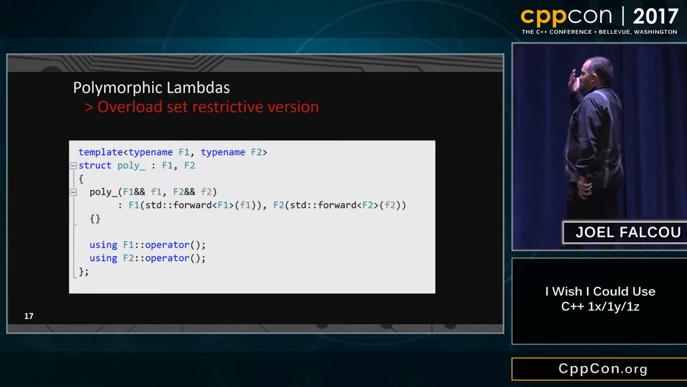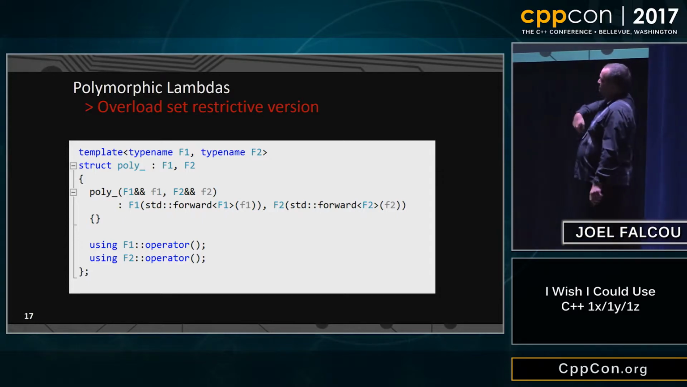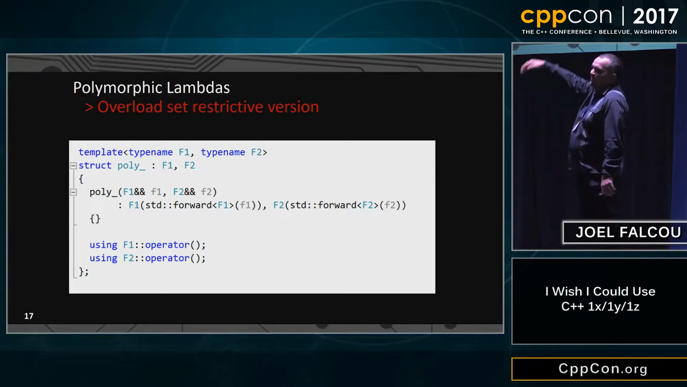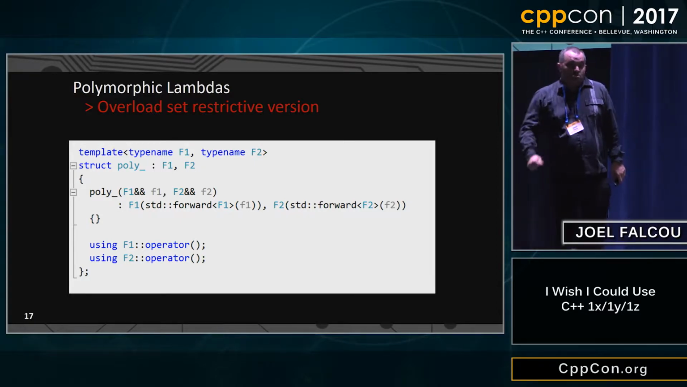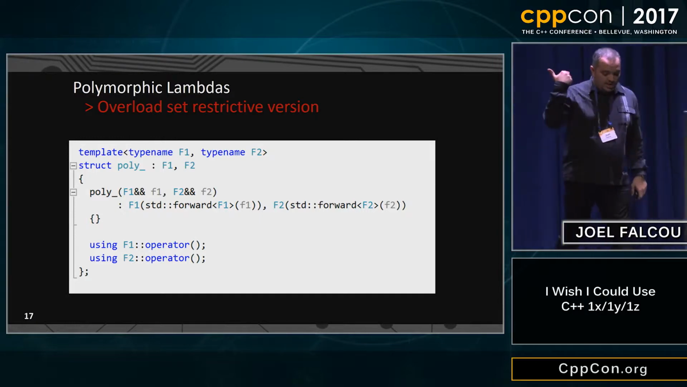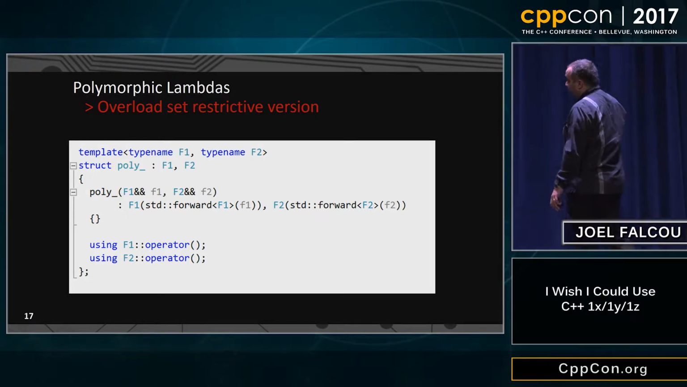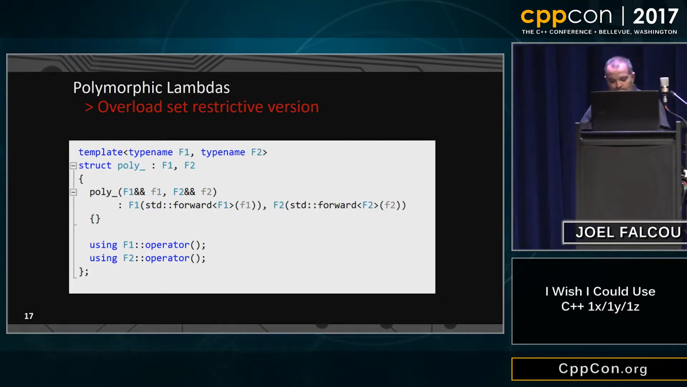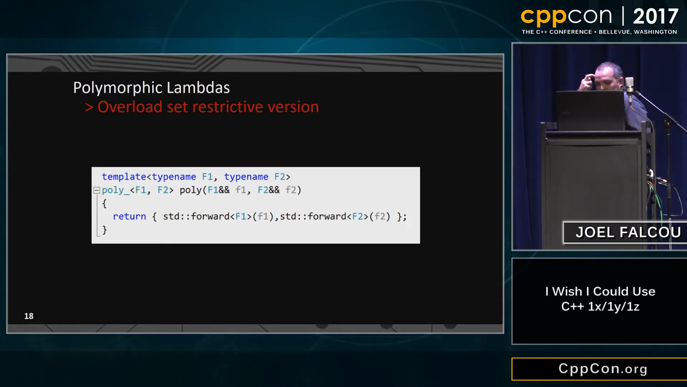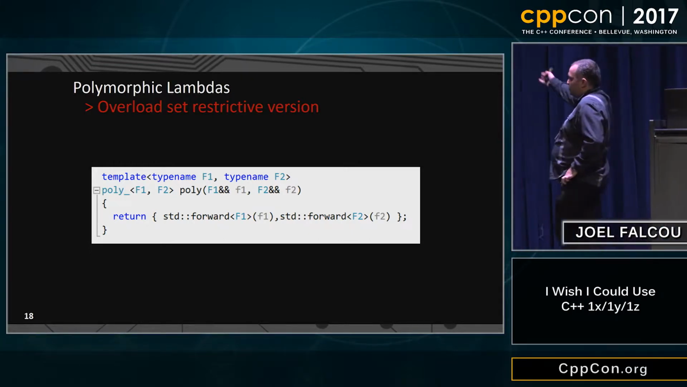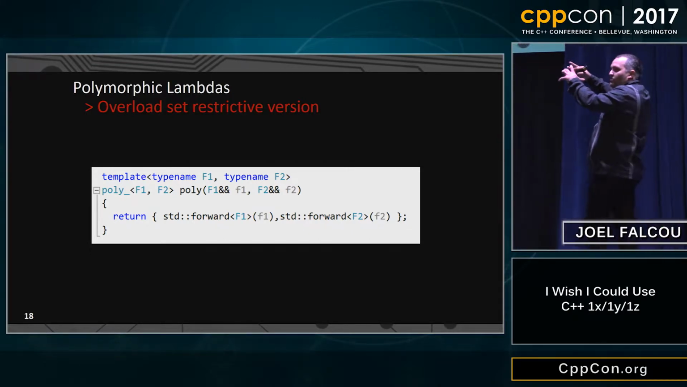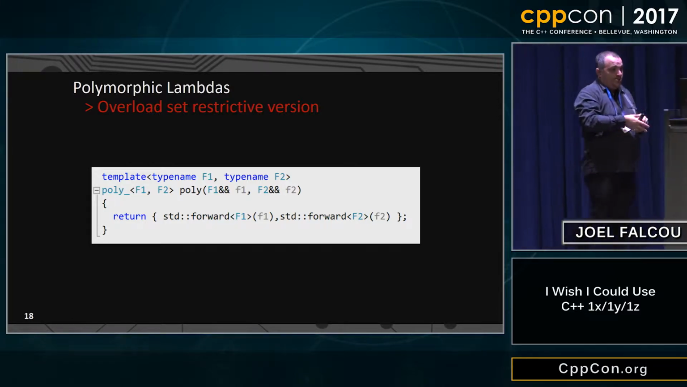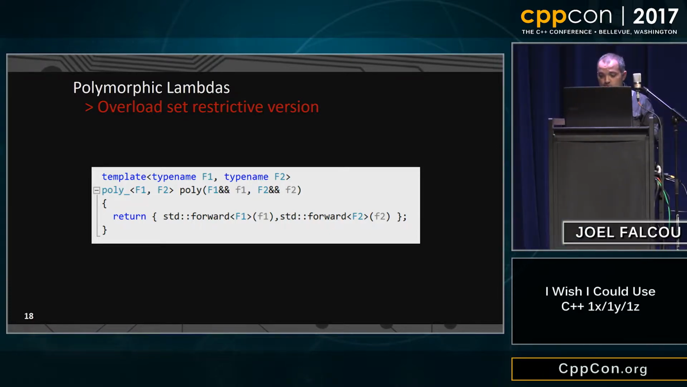So this structure takes two other types, which it inherits from, and you take two instances of these F1 and F2 things, and you just forward them into your parents. And you say, okay, now I want to use the function call operator of both of them at the same time. Fine. But what do we do with that? Well, you can write a function like this that takes two, F1 and F2, and builds this poly of F1, F2, and returns you this bag of things that happens to aggregate those function call operators,